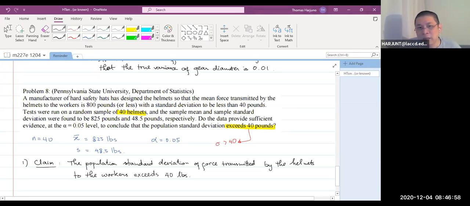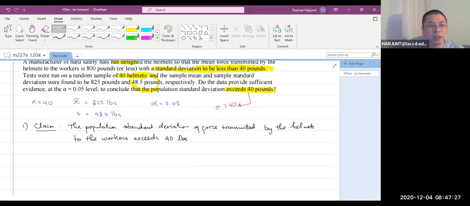And if that's the case, it means their design, that's what they try to design. Their design, they want to have standard deviation less than 40, right? Now they suspect that because of this random sample of 40 helmets come up with this number, then they suspect that their design is flawed. Then how do we check that? Then we see in the hypothesis,